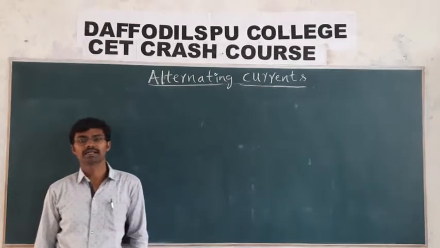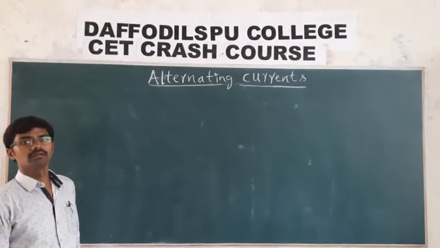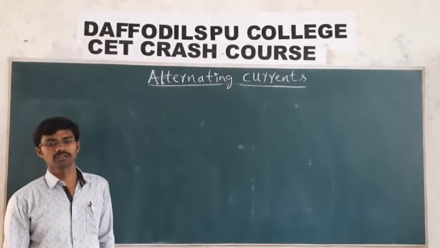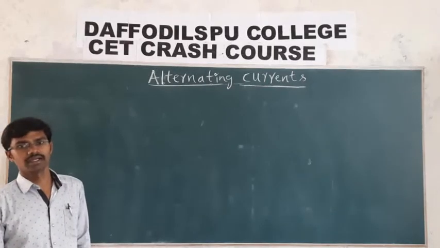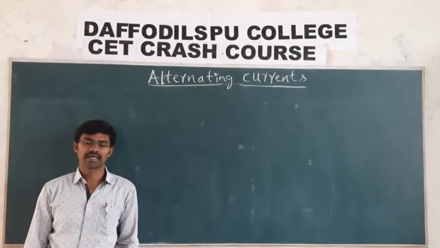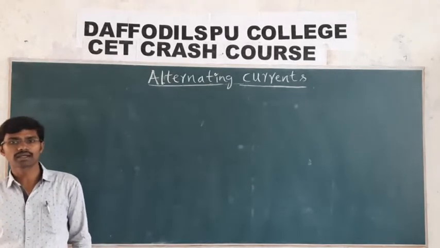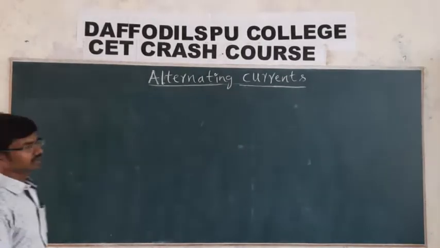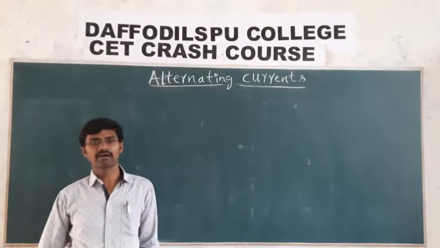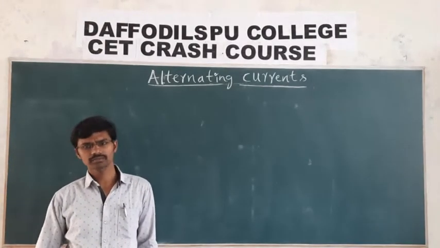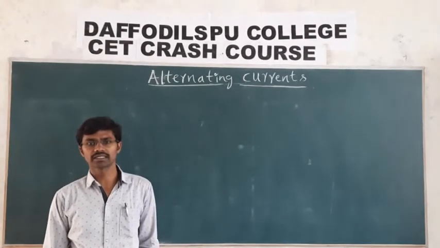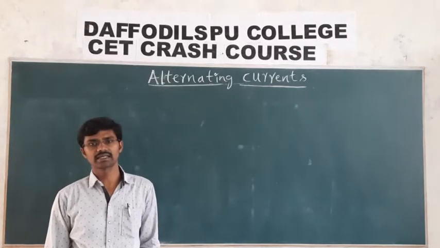What do you mean by alternating currents and what is the advantage of alternating current? These things we need to discuss in this chapter, and even what do you mean by current, what types of currents and what types of voltage are there. We have to discuss these things in today's class, and how to calculate the average current or average EMF, or even electrical components of the circuits like resistor, capacitor and inductor.